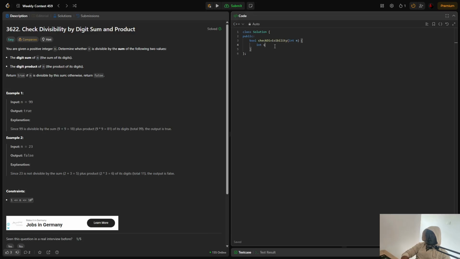So first we'll take sum as 0 and product as 1. Why 1? Because if you take product as 0, then whatever digits you multiply with it, the answer will be 0. That's why we start with 1. Now we'll take int temp equal to n. We have to keep n because at the end we'll have to check the divisibility. While temp is greater than 0, till the number exists,